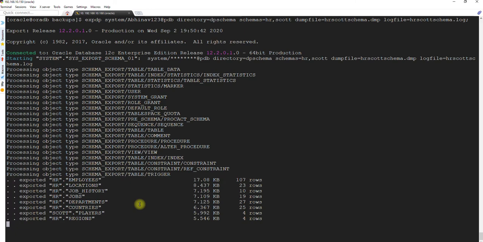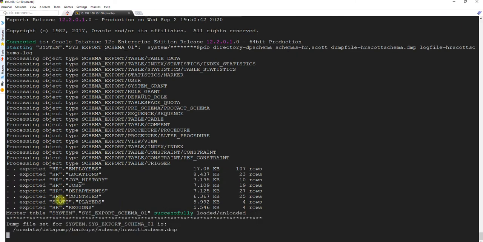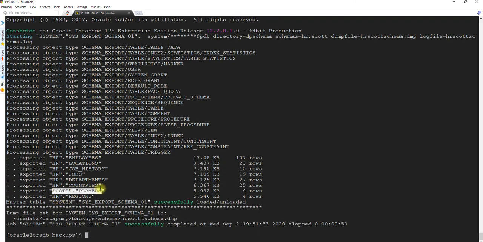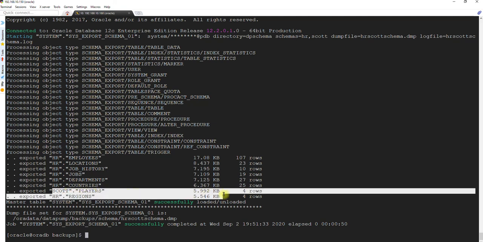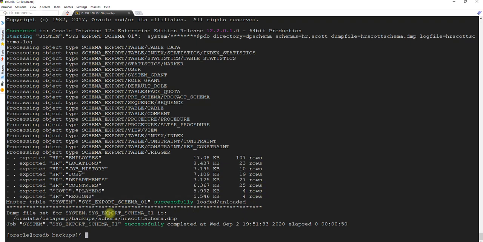See, it has exported the Scott schema as well. I created a players table under the Scott schema. It identified the schema and the tables under it and the rows, and it backed that up as well.